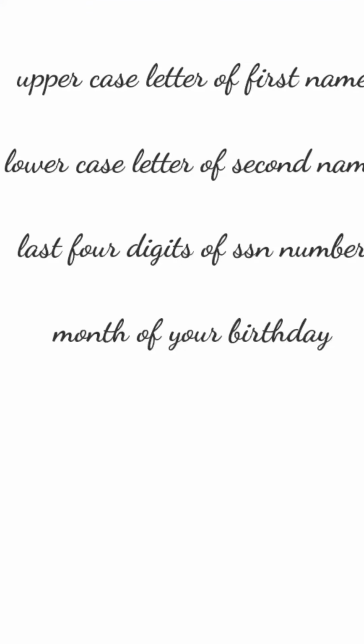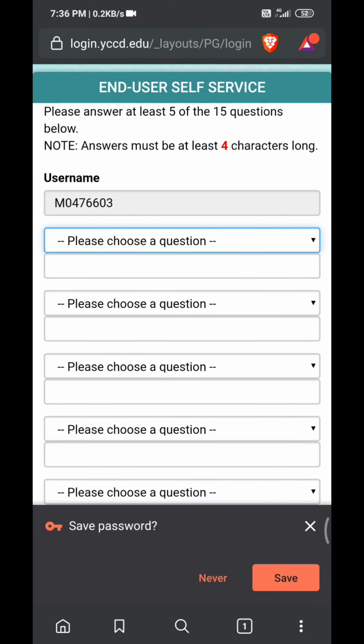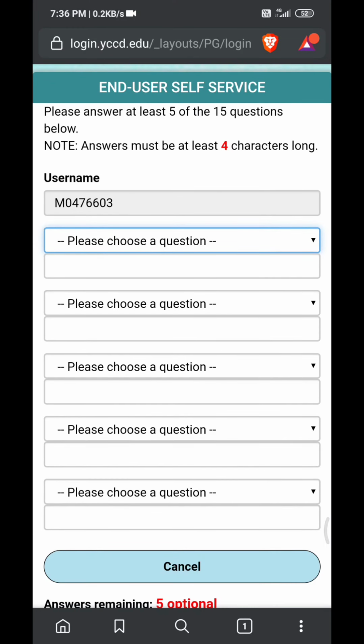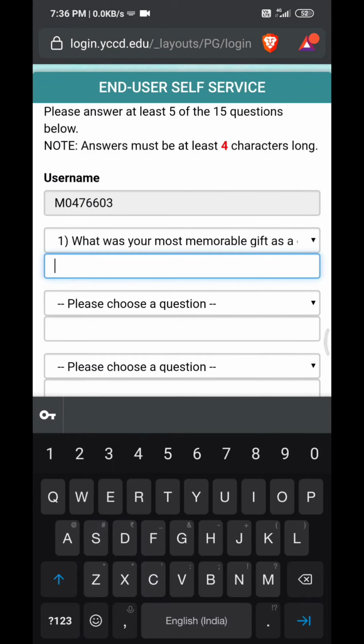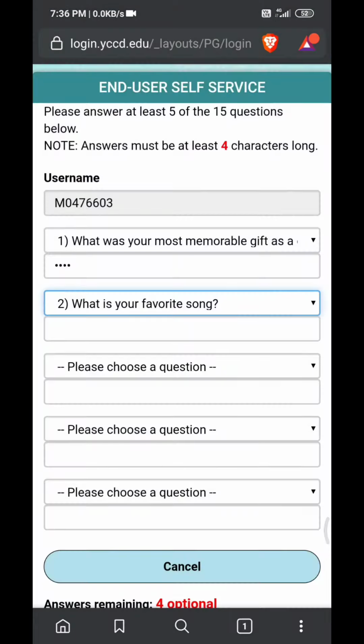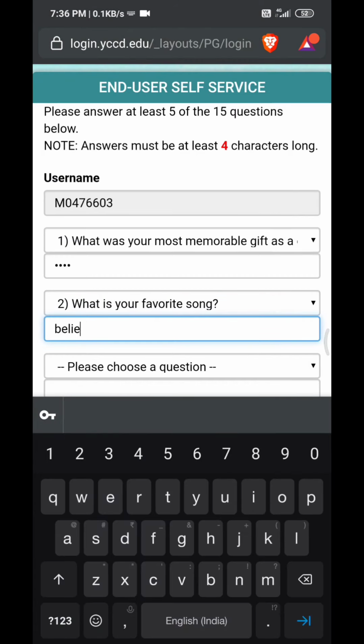So give the security reasons. So I'll give you the password instructions. I'll give them in your instructions. Please do like that. So give all security reasons.